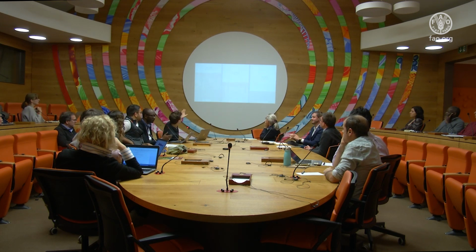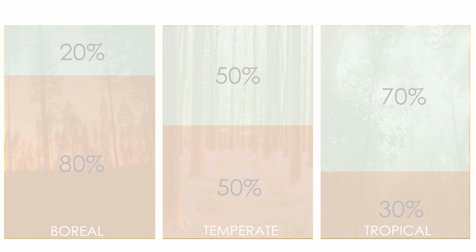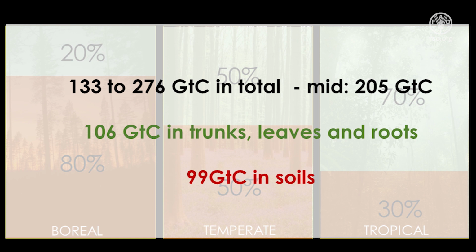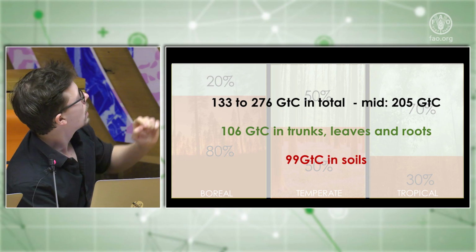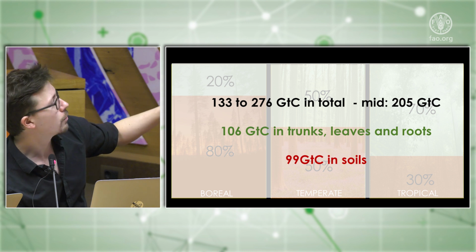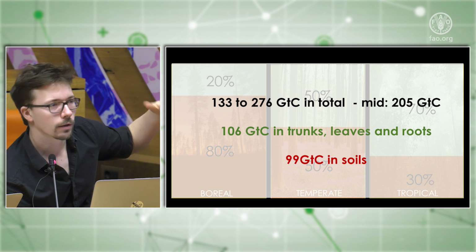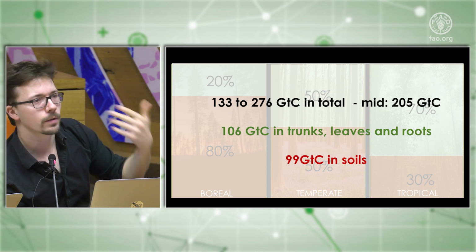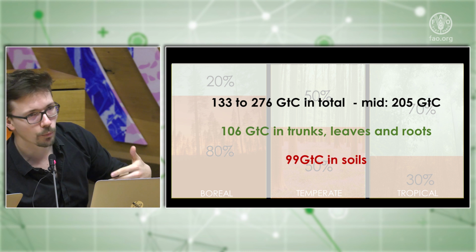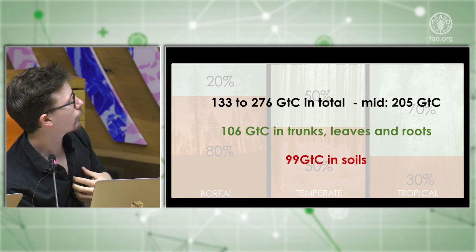It's important to know that we use the trees as a proxy of the restoration of the whole ecosystem. So when we talk about restoration and carbon equivalent, we don't consider only the carbon that you have in the above ground biomass. It's the carbon that you have in the 5 pools of carbon. And it's important to know that according to the biome that you are going to restore, the distribution of the carbon will not be the same between the vegetation and the soil. So when you restore boreal ecosystem, you will have much more carbon in the soil than what you have in the forest. If you do that in tropical ecosystem, it will be the opposite.